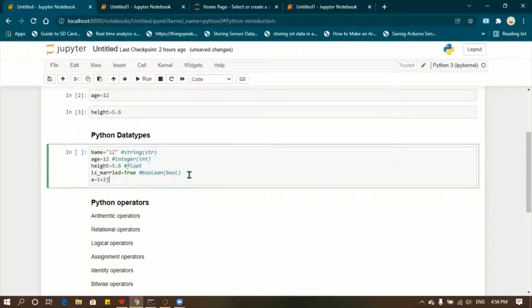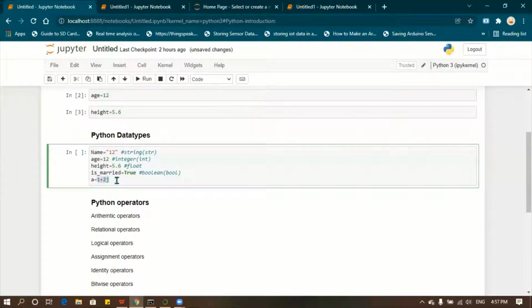Okay. So do you know complex numbers in maths? Real and imaginary numbers, right? In Python, we have the complex data type, which can store those real and imaginary numbers. What is the real number? The whole number is the real number. Plus or minus, it can be 2i or j, 3i or 0j. Those are called imaginary numbers, right? So we can store that here.